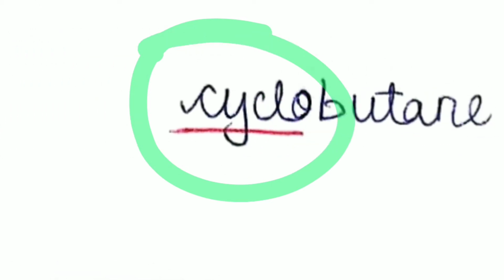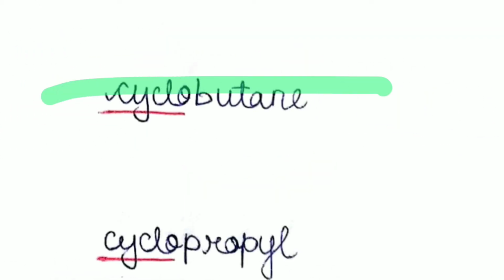Now let's see what this compound will be called. It has 4 carbon atoms and it's also a closed ring-like structure. So the word root will be but, and we can see that we have 4 carbon atoms in a ring-like structure, so the primary prefix will be cyclo again. So what do we call this, guys? Yes, you're absolutely right. We'll call it cyclobutane. That's exactly what we'll call it.